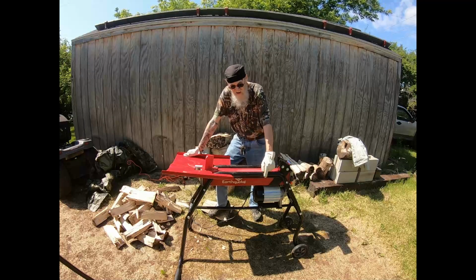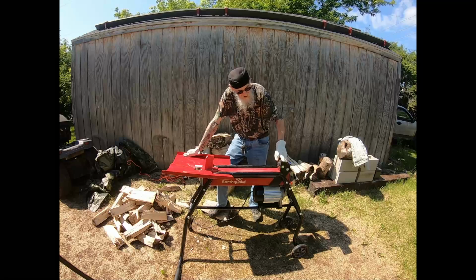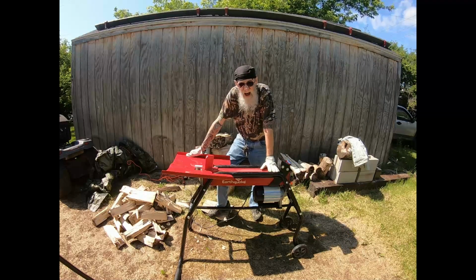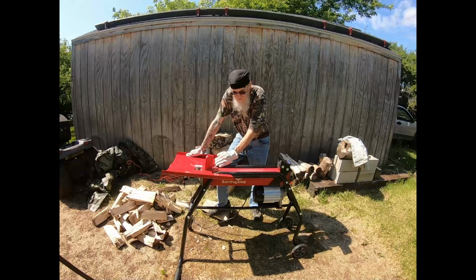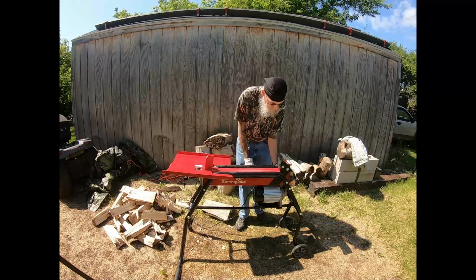You're not wasting your money. Now, how will I rate it on a 1 to 10 scale? I'll give it a 9+. The reason I'm not giving it a full 10 is because I wish this Ram, I'm going to put it out here,